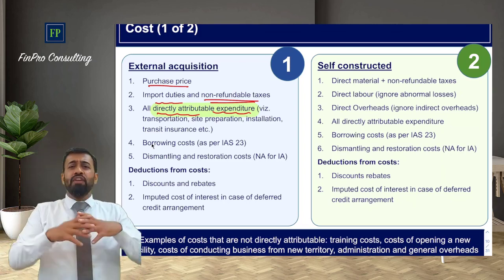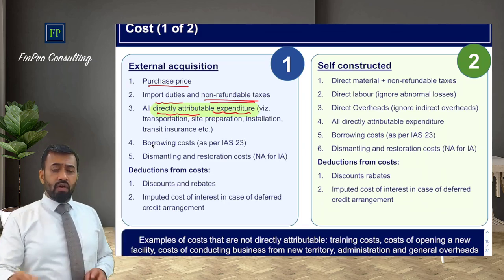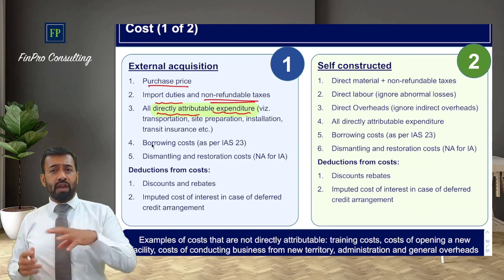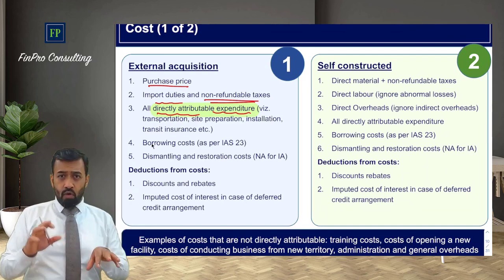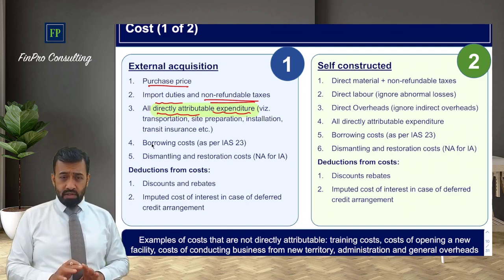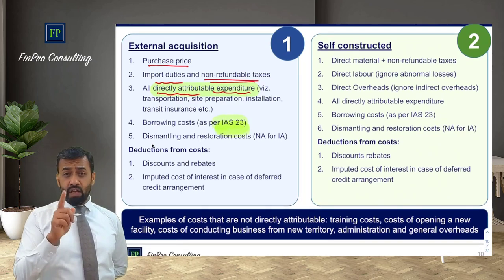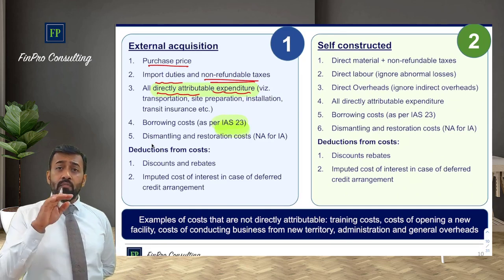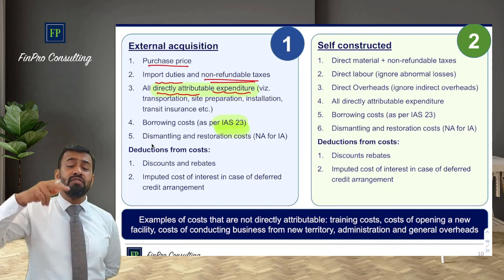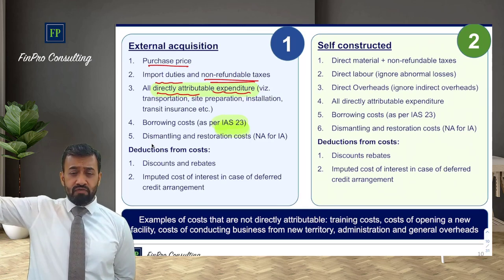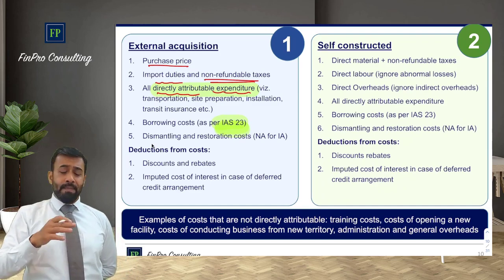But for that, certain additional principles of IAS 23 you need to understand. So there could be specific borrowings, there could be general borrowings. How to capitalize the interest on the qualifying asset from general borrowings and from specific borrowings, that you will have to check from IAS 23 separately. But that is a very common question as a part of the PP. So once we see the question on PP, you'll find something from IAS 21, effects of changes in foreign exchange rates, and also from IAS 23, borrowing cost.